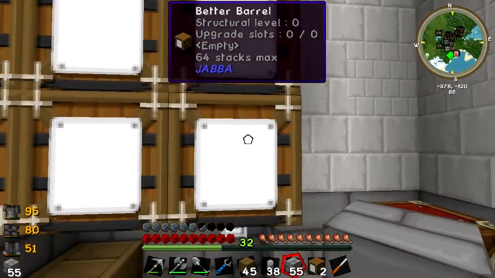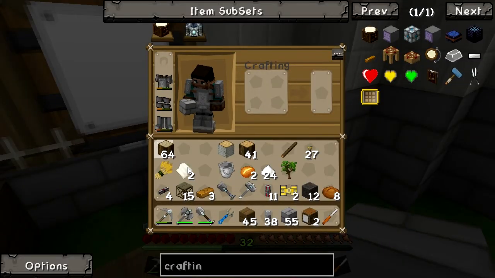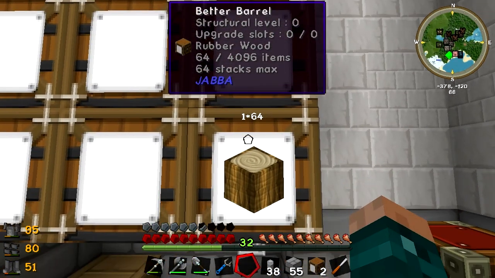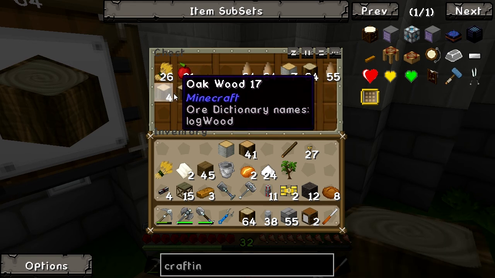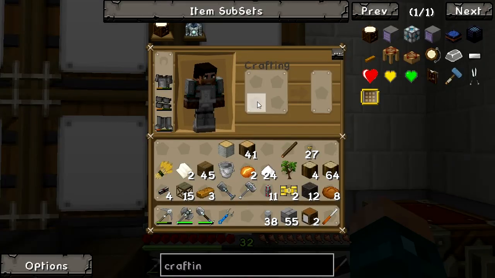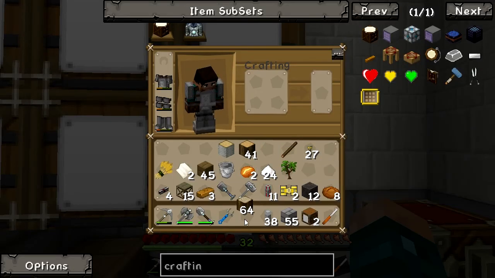Now the interesting thing about these better barrels by JABBA is they can only store one thing. If you've never seen them before, they will only store one type of item. They will store, as you can see, 4,096, second line up, 64 stacks. So they're like a chest but only hold one item and show you how much of everything they have got, which is really rather useful, because it means that you can